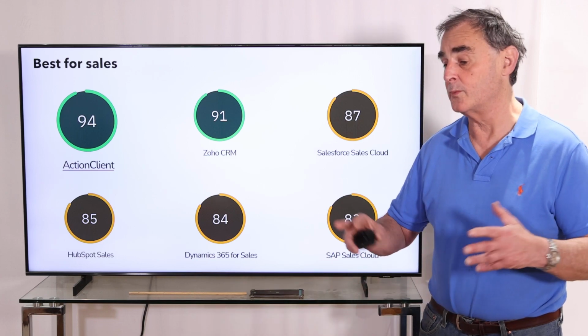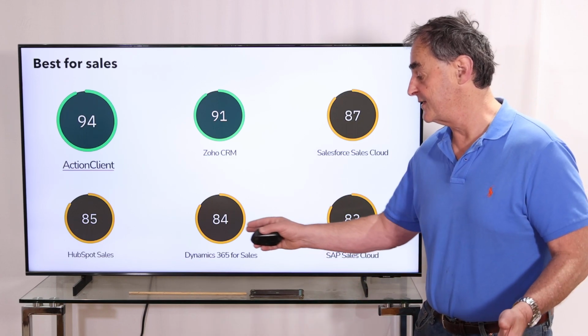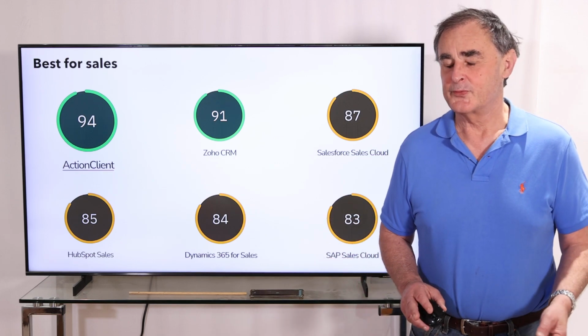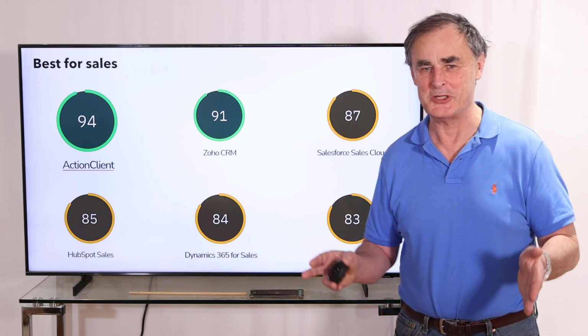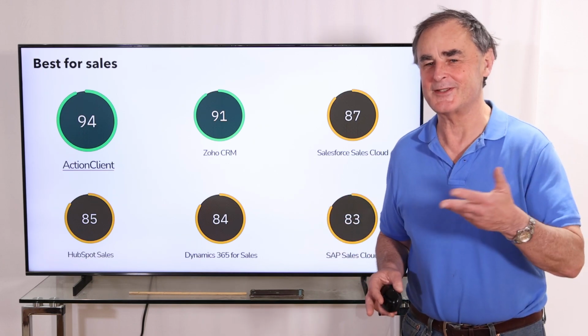Dynamics, which is very complete, a lot of systems, it's Microsoft. But it's complicated too. And SAP. SAP is one of the very big ones, but the name SAP, it means what it means. It's German, it's square, it's efficient, but you have to enter the data first, and that's not the best for